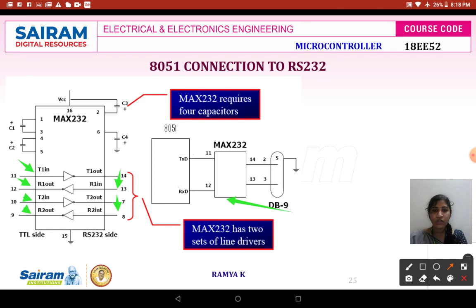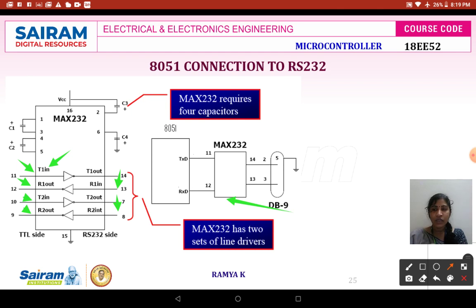The MAX 232 chip is an IC chip which makes your DB9 more compatible with the 8051 input. When you look at this, you will be connecting the 11th pin and 12th pin. The 11th pin is T in 1, that is transmitting.